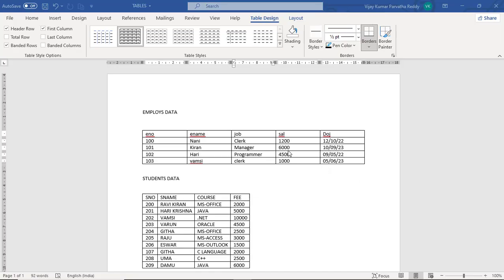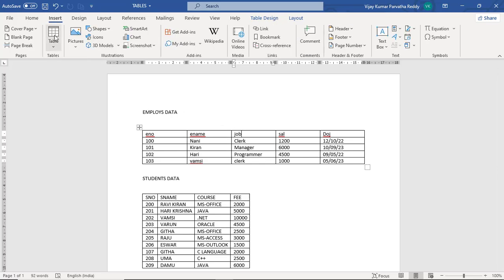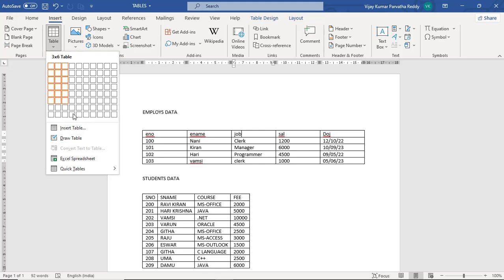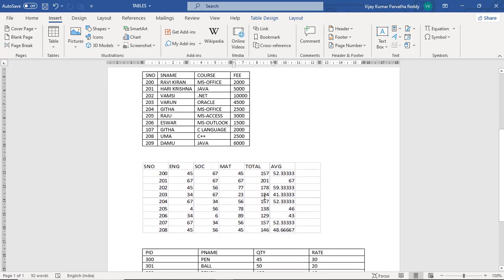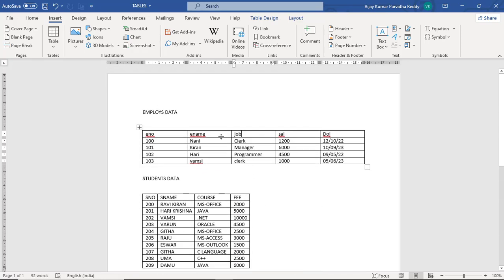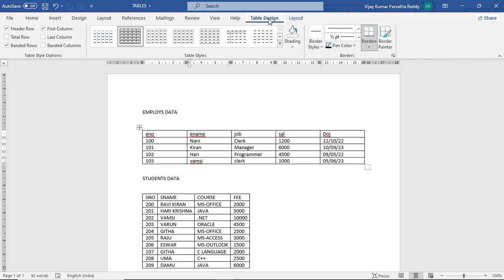In this session, I will explain how to design your table. In the previous session, we already learned how to insert tables in different ways. I already explained these options, how to insert tables for different purposes. Okay, and now if you click on any table, you will get extra tabs here, that is the table design tab